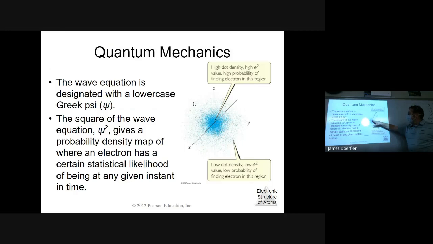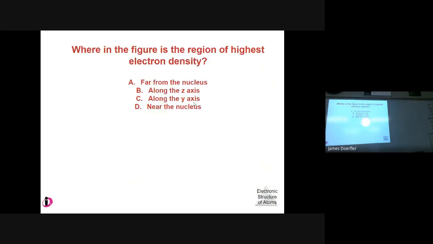Notice that the density around the nucleus, bless you, is greater, is higher density around the nucleus. As we get further and further away from the nucleus, that probability decreases, because now we're talking about a much larger area. So, yeah, I already kind of described where the region of the highest electron density is in this image, near the nucleus. Okay, now,